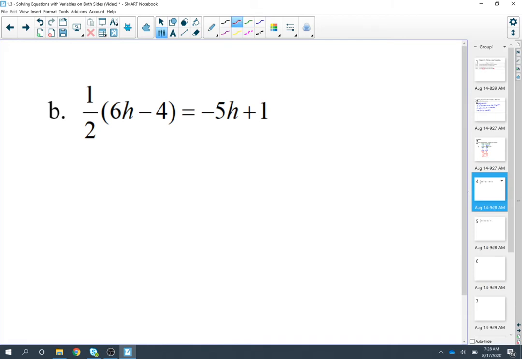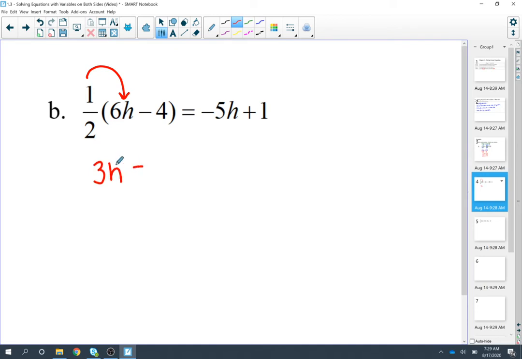Letter B, getting a little more complicated. First things first, I have the left side of my equation. I'm going to simplify if I can. I can because this has parentheses, so I'm going to have to use the distributive property. Now, we are going to distribute a 1/2. I'm first going to distribute the 1/2 to the 6h. All this is telling me to do, if you're multiplying by a half, is cut things in half. So 1/2 times 6, half of 6 is 3. So this is going to make 3h